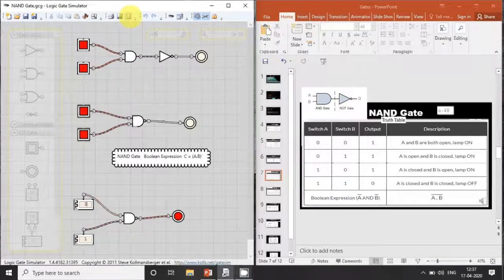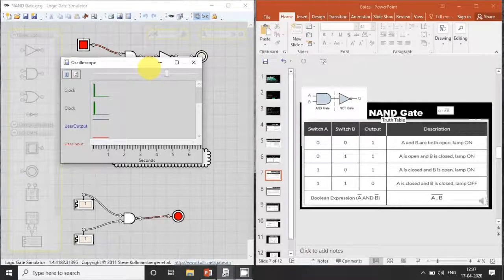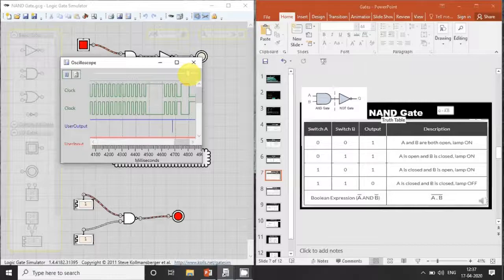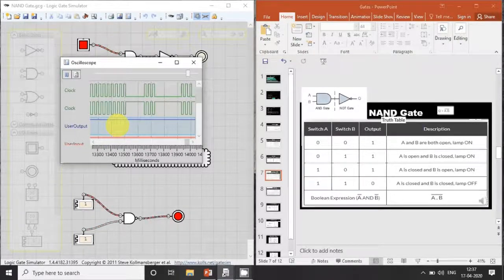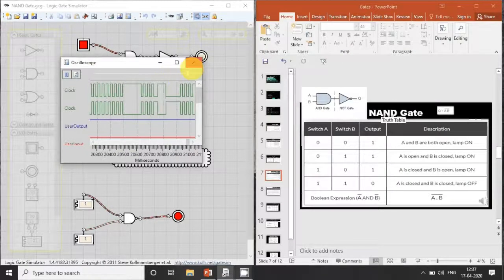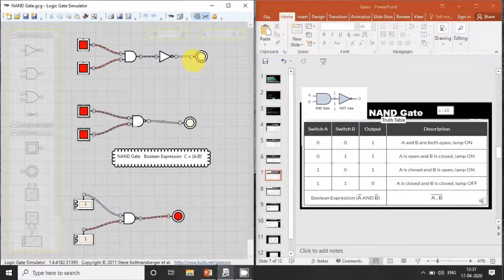Now let us check with the help of a timing diagram. This is a timing diagram. Now it is 0 1 0 1 0 1; it continuously changes as per the changes in the clock pulse. Somewhere it is 1, somewhere it is 0, depending upon the position of the clock pulse. This is all about the realization of a NAND gate on a logic gate simulator. I think with this simulation you know how the NAND gate is working.